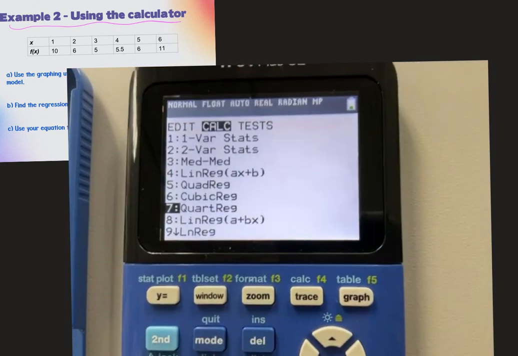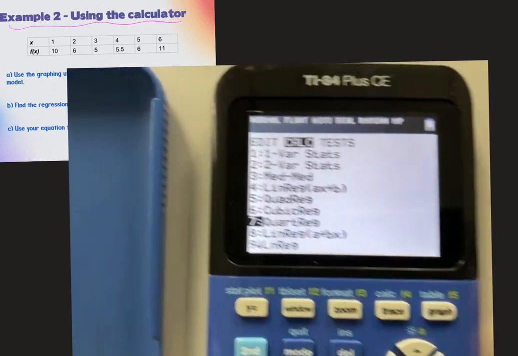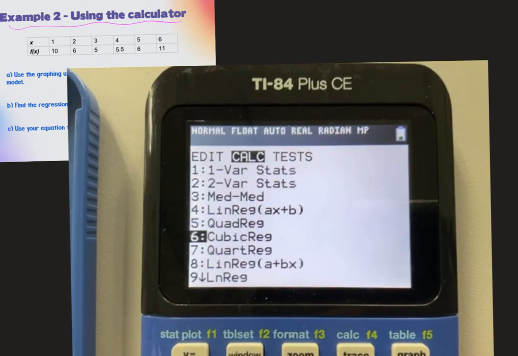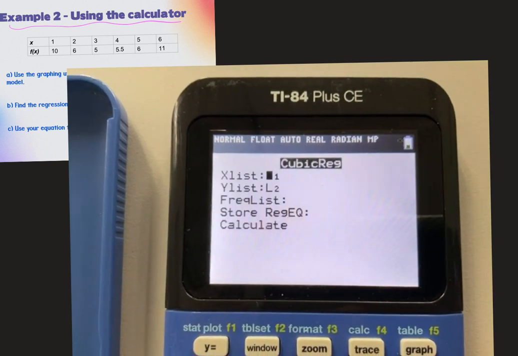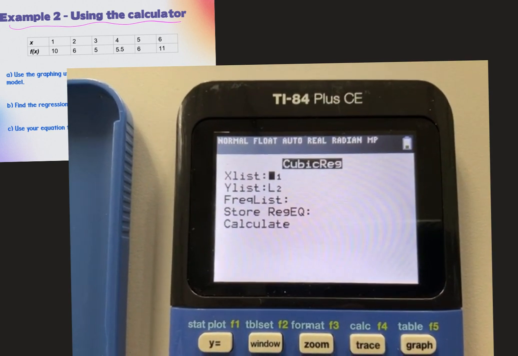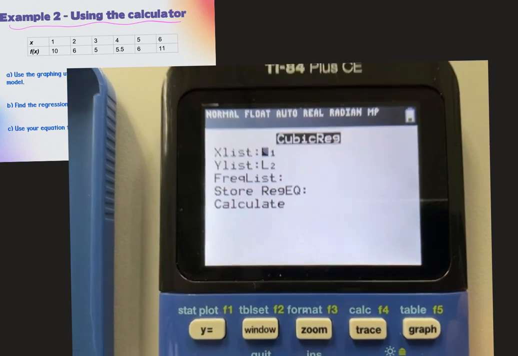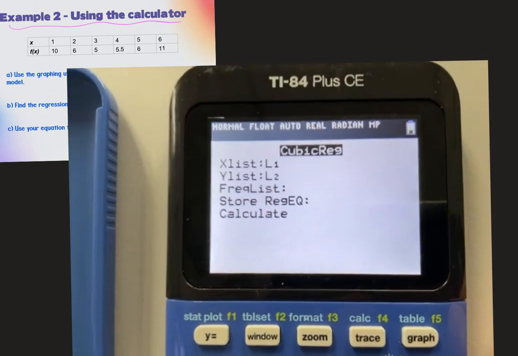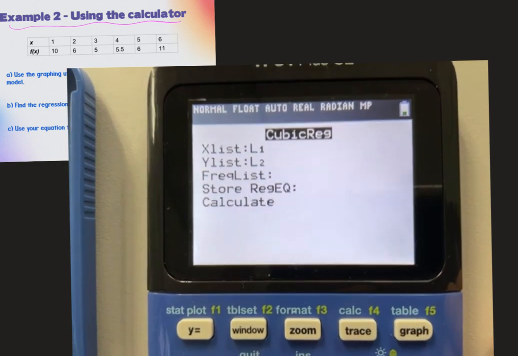So now I want to run that cubic one. I'm going to go back. I'm on the stat menu. I went to calc, and I'm going to go up to cubic reg, and I'm going to hit enter. This time I want to store it because I'm not just finding this model. I'm going to do stuff with it. So I'm going to arrow down to where it says store reg EQ, and I'm storing the equation it's creating